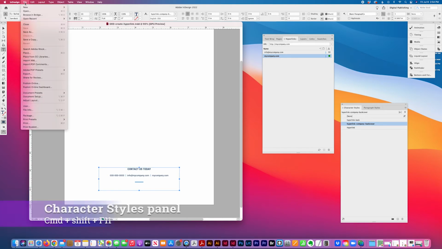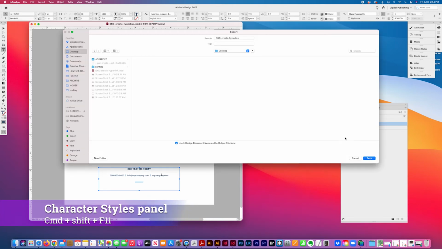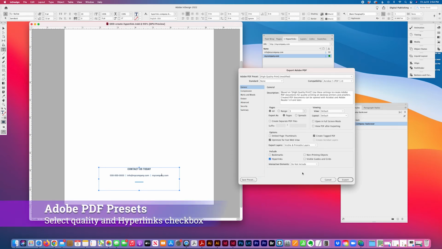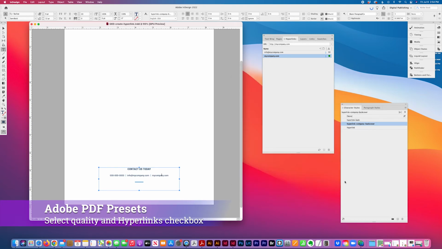And then when I export to PDF, save, and under here include hyperlinks, export,